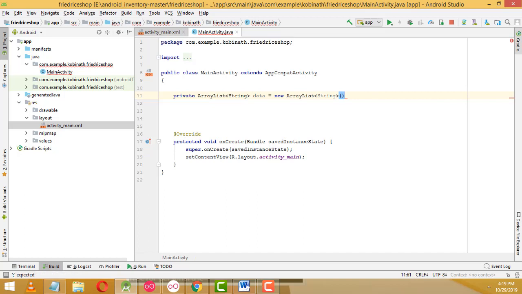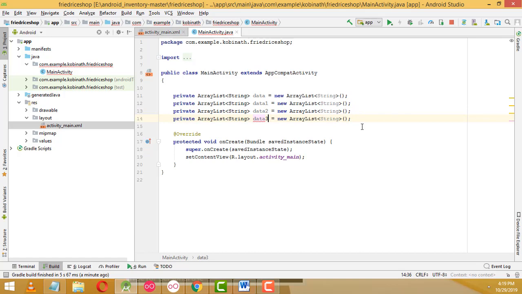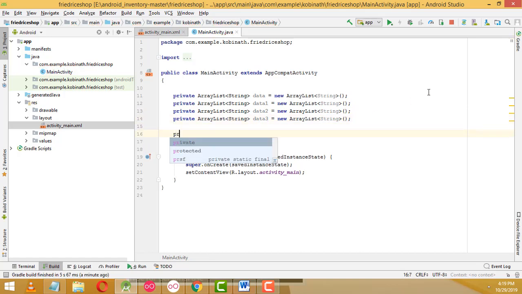This is the first ArrayList, data. After that, same thing, Control C to copy, Control V to paste here. This one 1, this one 2, this one Control C to copy, Control V to paste, this one 3. Perfect. After that, we have to write private